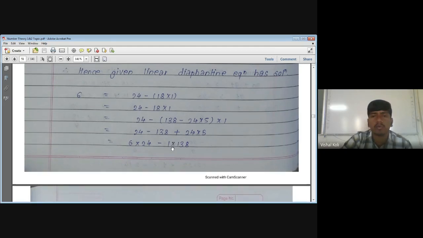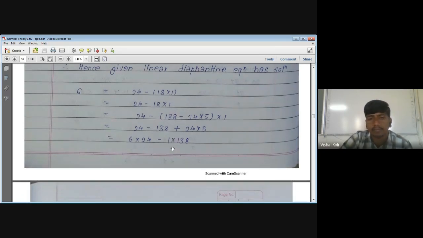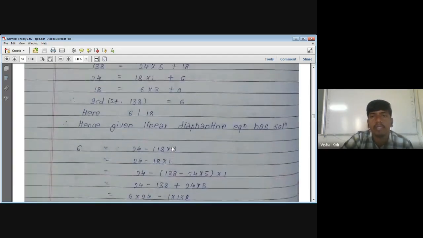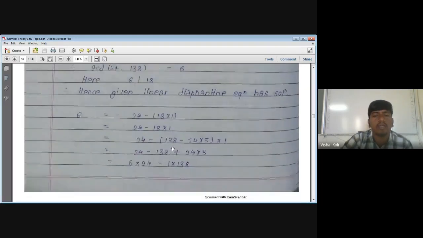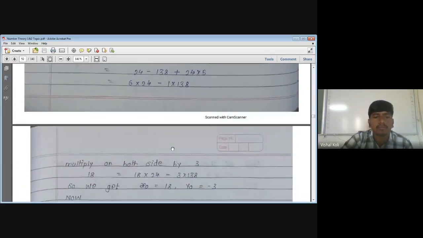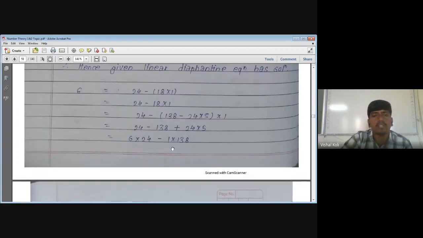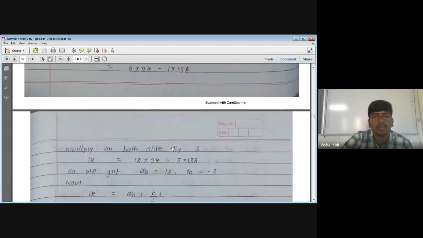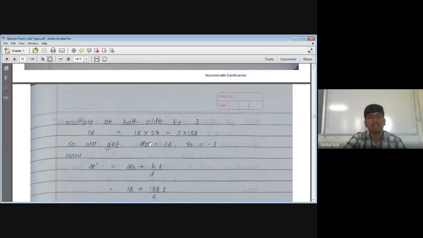Therefore from this one, as here c is equal to 18, we have to multiply both sides by 3. We get 18 is equal to 6 into 3 times 24 minus 1 into 3 times 138. Therefore we get the values of x0 and y0, which are the particular solutions of the given linear Diophantine equation. Therefore x0 is nothing but 18 and y0 is nothing but minus 3, and from these values of x0 and y0 we know how to find out all the possible solutions of the given linear